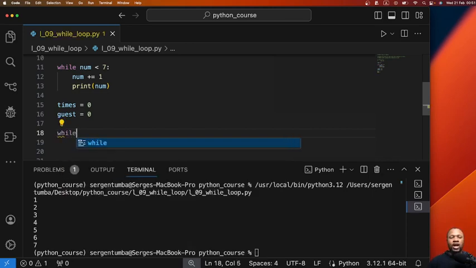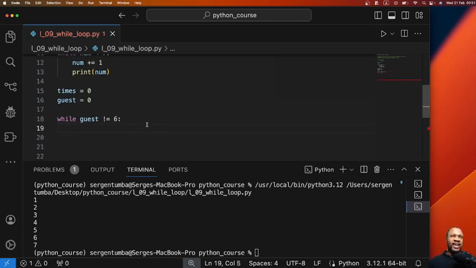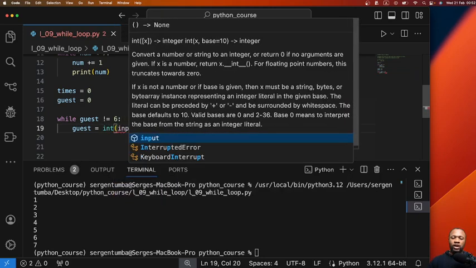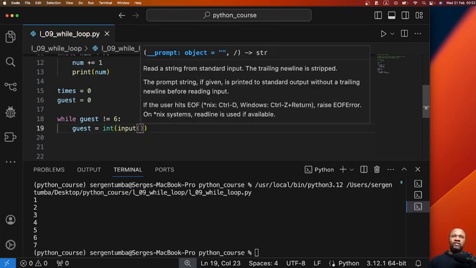Let me just write. I will explain now what's going on here. While guess is not equal to 6, I want this program to reset the guess to an integer which is receiving the input. I think you do remember this, which is receiving the input from the user asking,